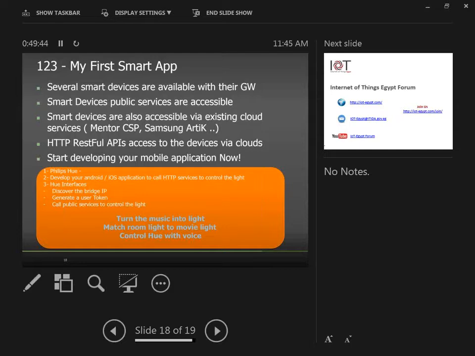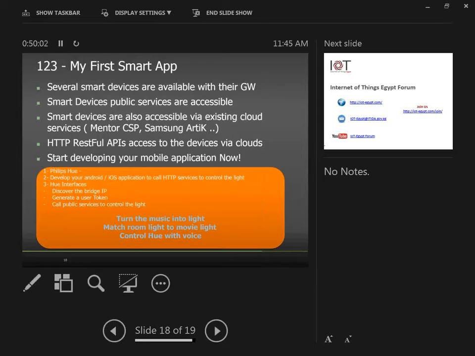Things like, for example, turn the music into light, match room light to movie light, or control Hue with voice. All that is based on developers who grabbed the product and the open interfaces and decided to start developing a smart application based on that.